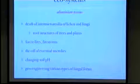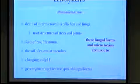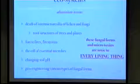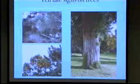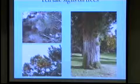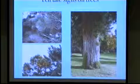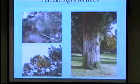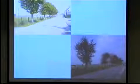So on top of that, there is geoengineering of various types of fungal forms, I don't know, that is what happens, but these fungal forms and microtoxins are toxic to every living thing, including us. And these are telltale signs on trees. You see the webbing there, the dying of the trees, and there the white first 2 meters on a tree. What that is, I don't know. It might be a fungus or something, I don't know. But it's not a healthy sign anyway. And these are pictures that I got from Geert